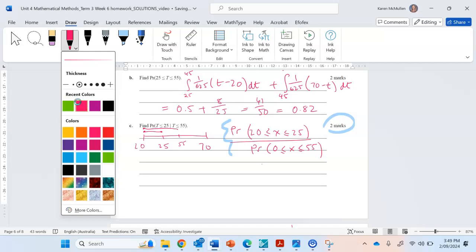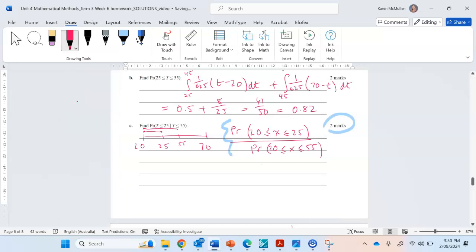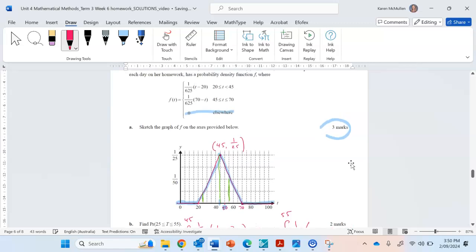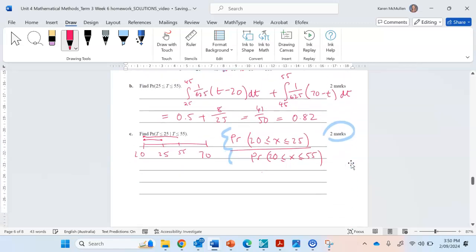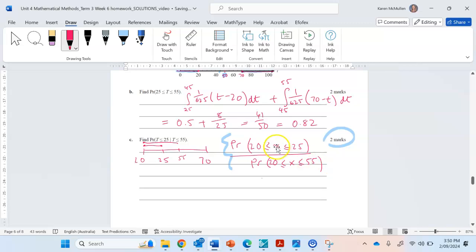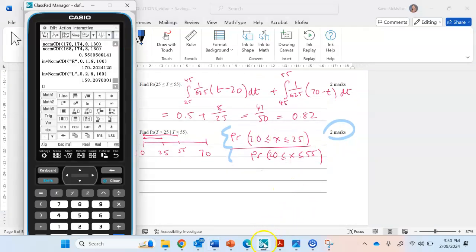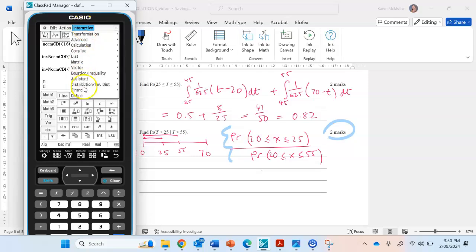All right, so what we should have had on the bottom is 20 to 55 because that would have been incorrect because we're not going as far as 0. Let me just double check that. Yeah, so our lower going from 20. All right, so from 20 to 55 and 20 to 25. Now, I did want to just keep recording so I can show you on the calculator. So you could set up a fraction like this, and the first one, we're just going to do